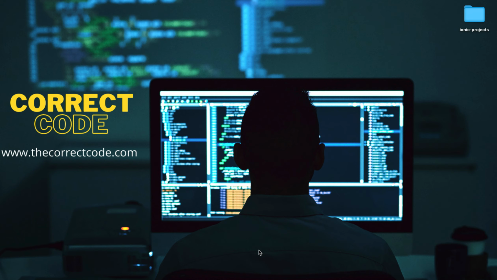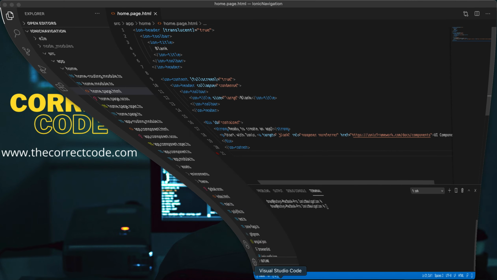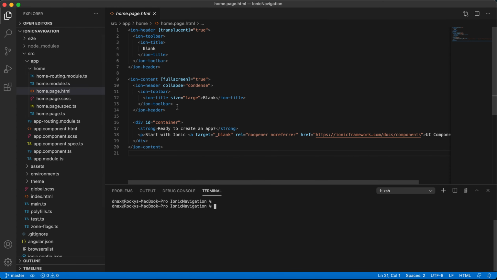Today we are going to learn about navigation. There are different types of navigation, and today we are going to learn basic navigation: how we can navigate from one page to another page by using a button. If you click any button, we need an option, right? So how we will use it, I will update now.